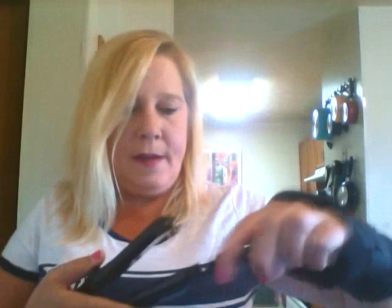All you do is take it from the base and you pull up. These sides come off and it's really easy to pop out the plates. And all you do is slide another in and replace the front. Now I'm going to show you the straightening options because my hair is kind of going frizzy